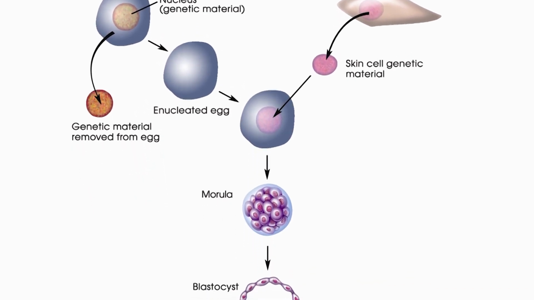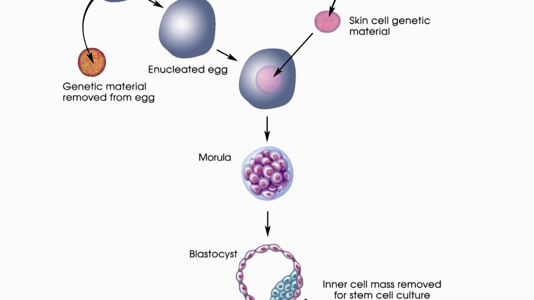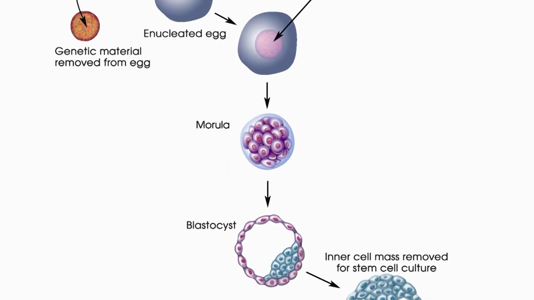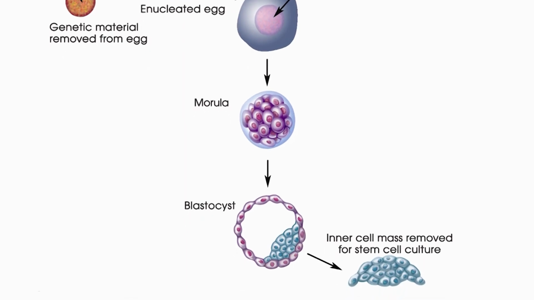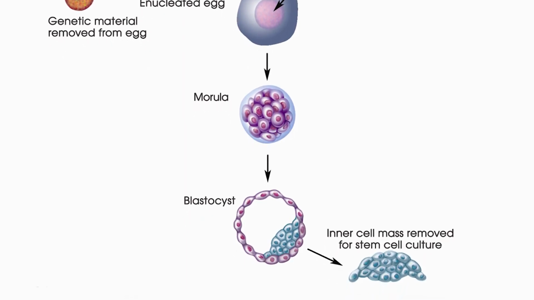After a couple of chemical tweaks, the egg cell with its new nucleus was behaving just like a freshly fertilized egg. It developed into an embryo, which was implanted into a surrogate mother, and the surrogate mother carried it to complete term,